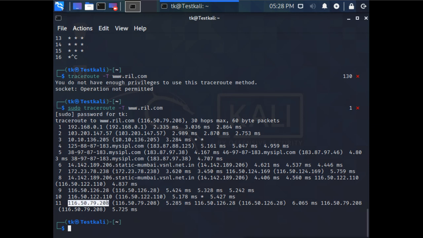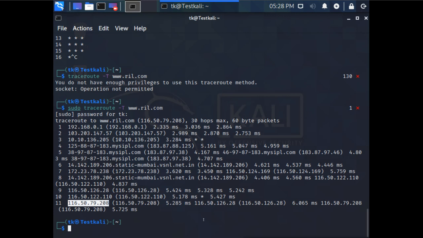So this is the server which we are trying to trace, and after the firewall it is giving the server directly. That means there are no other routers after this firewall. So after the firewall we directly get the server IP.